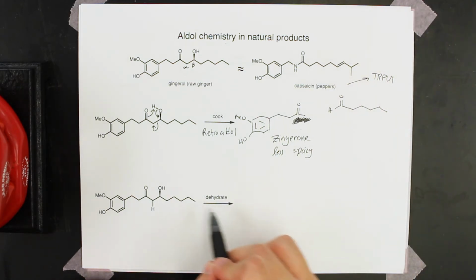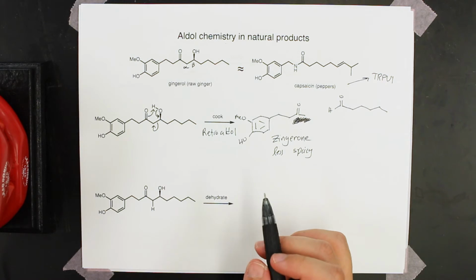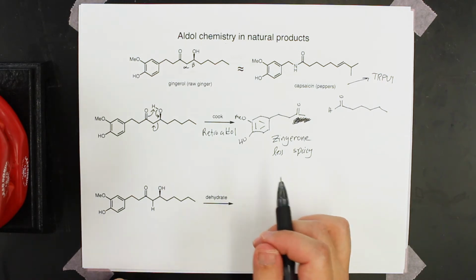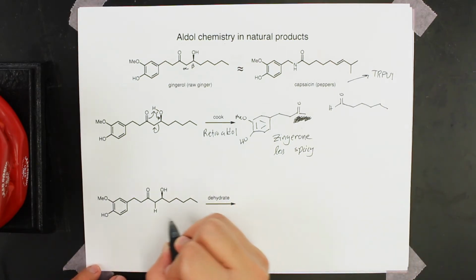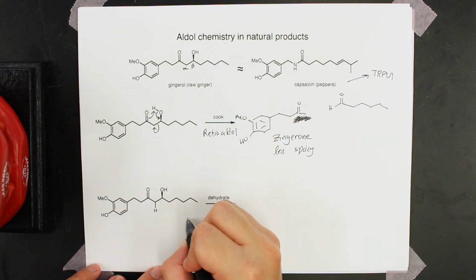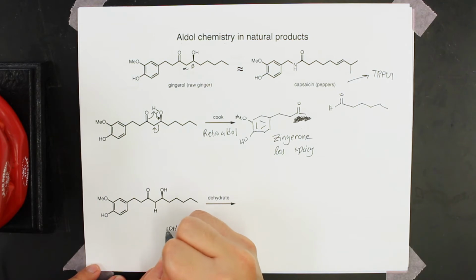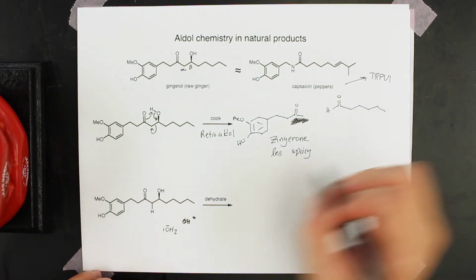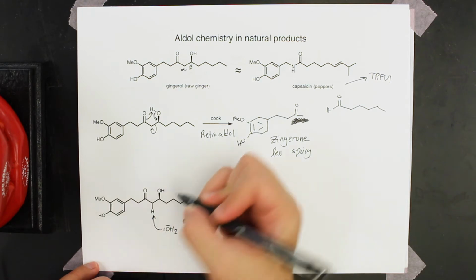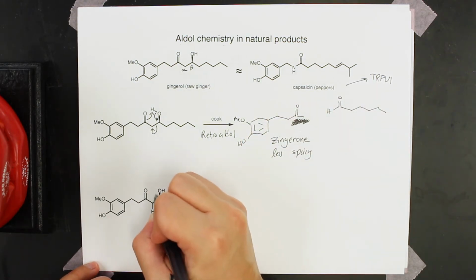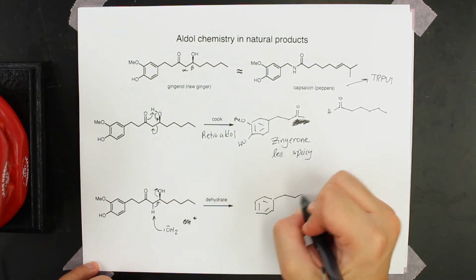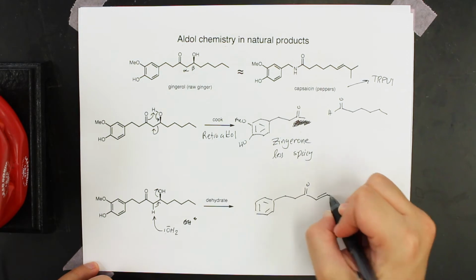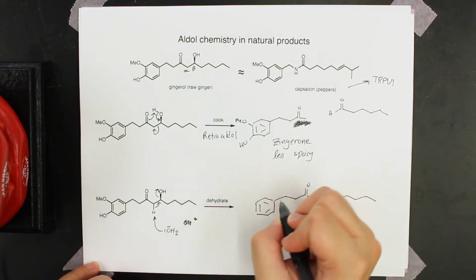Another interesting thing occurs when you dehydrate ginger. So when ginger manufacturers make dehydrated ginger or powdered ginger that you might buy in the spice aisle at the supermarket, what occurs is actually a dehydration. So this is like the second step in an aldol reaction where some sort of a base, perhaps it's water in this case, there might not be sodium hydroxide when they're making dehydrated ginger, but it's going to deprotonate this H and perform the E1CB, but I'll just draw it as a simple elimination, E2, to make it simple. Okay, and we generate this product here,